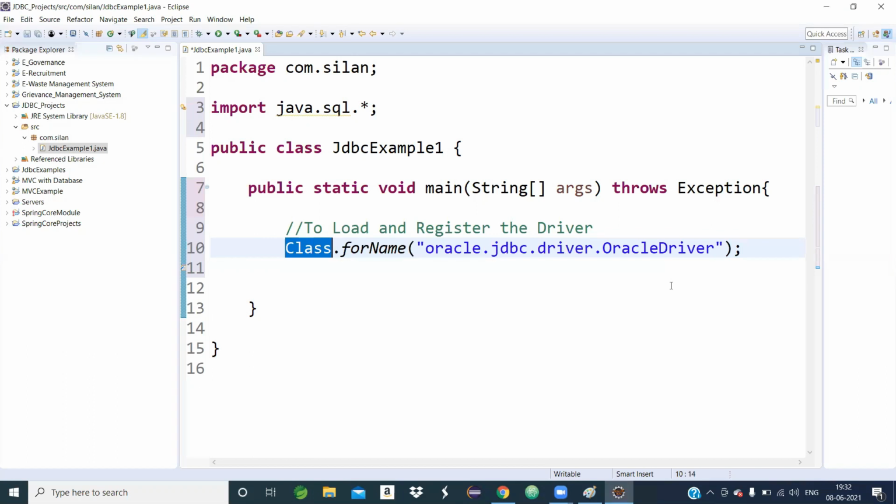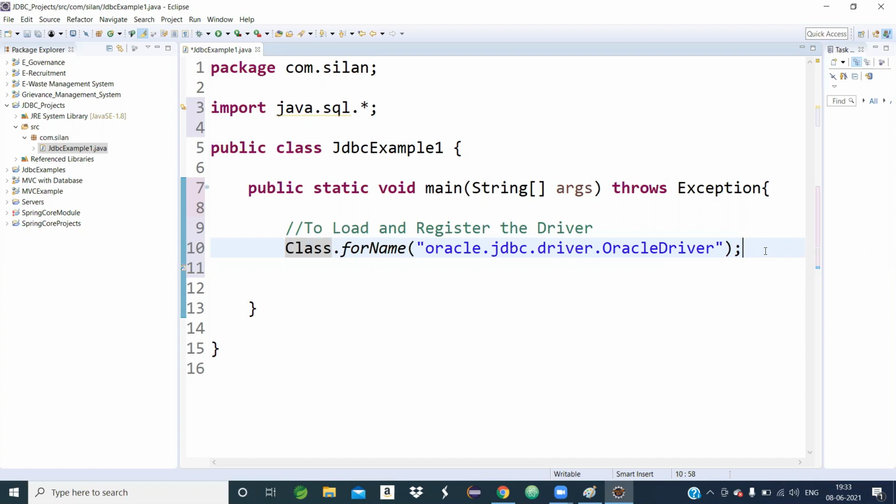When a method is invoked directly by a class, that method is a static method. We have already studied that a static method is a class level concept, a method directly invoked by a class.